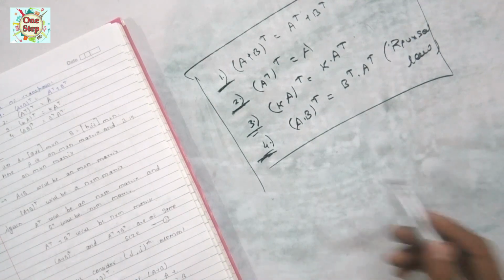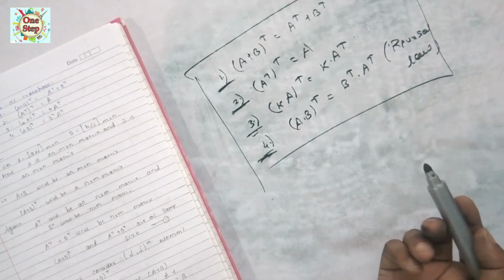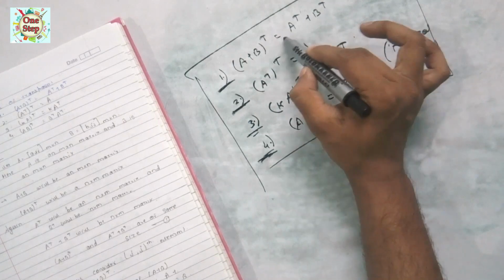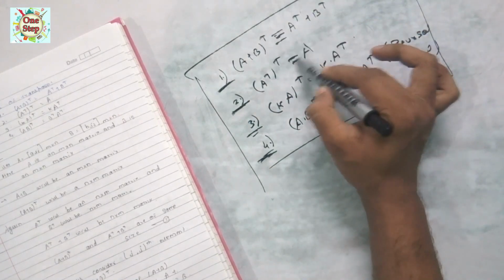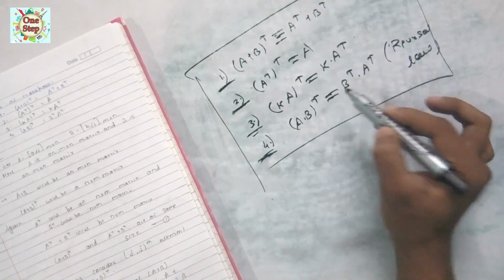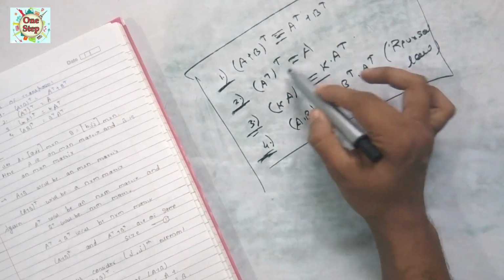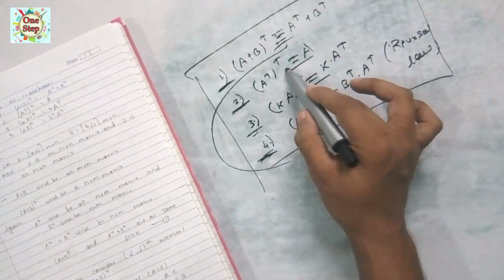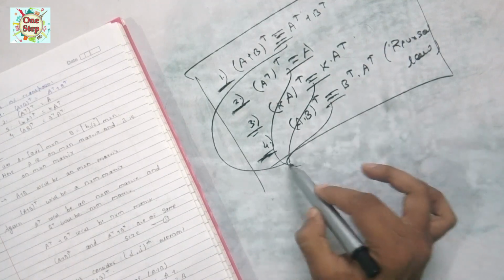Well, moving further, we have these four properties. So in the examination, any of these can be asked. So what does it mean, equality? How are we going to prove it? I am not here to prove it, but I just want to give you an idea of how all these things are going to be proved.